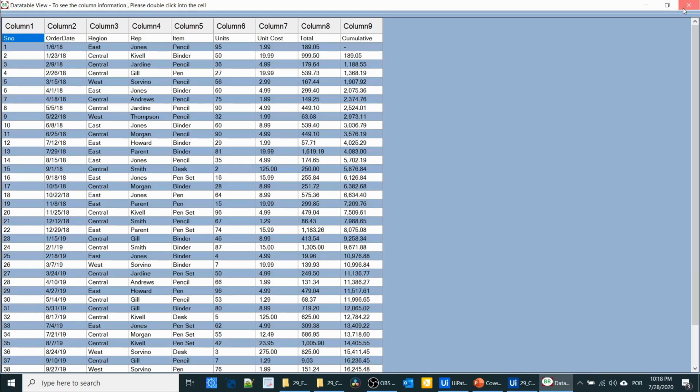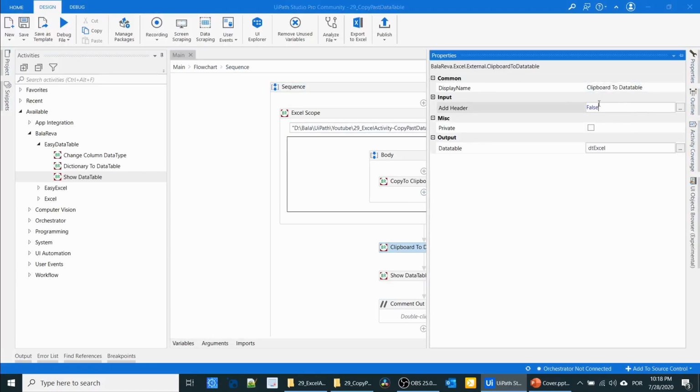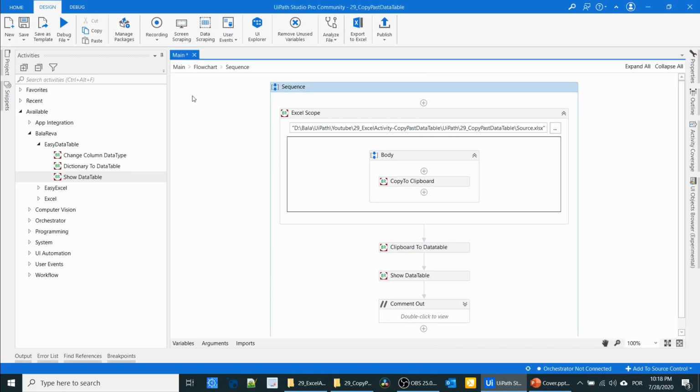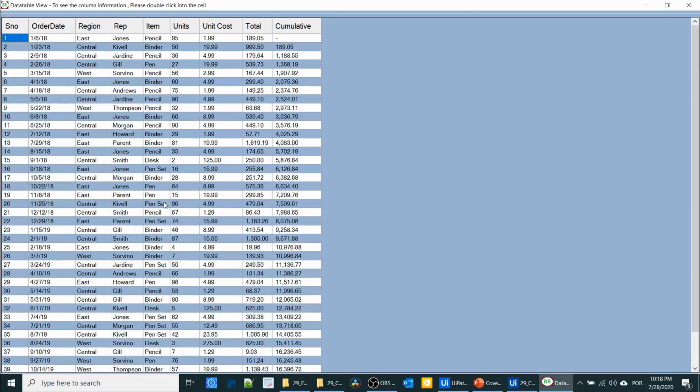And one thing I forgot to tell you, in the clipboard to data table, if you specify true, it will take the column header as the first row. Let us see. See, the first row is a column header, and now you can see what are the values the data table has.